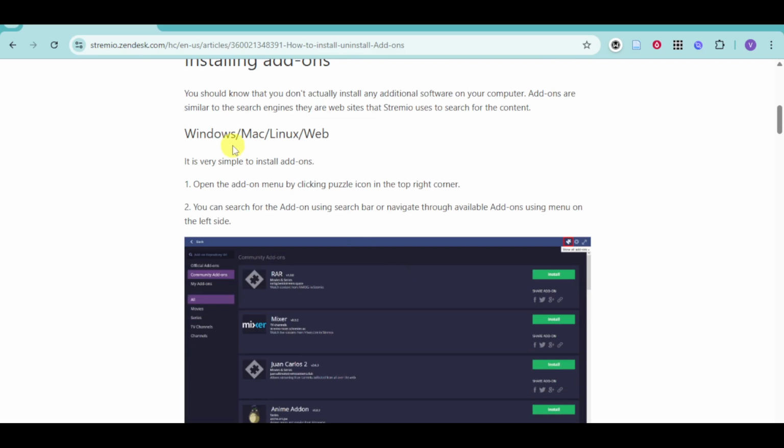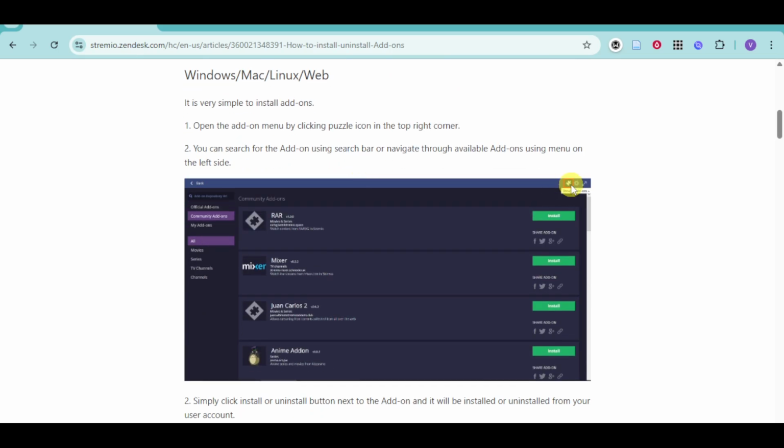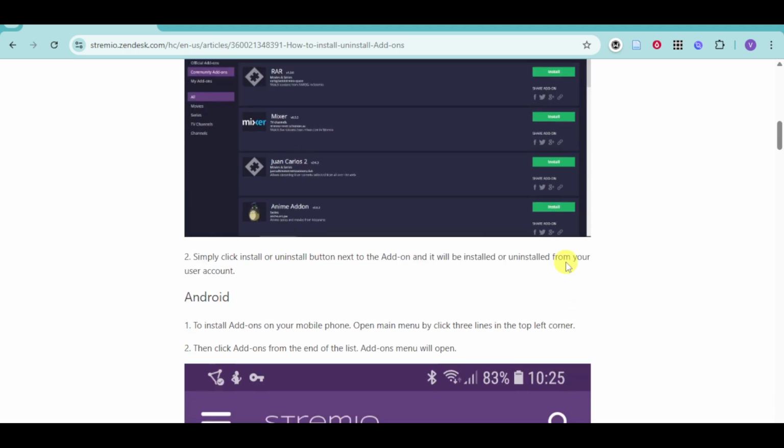If you have a Windows, Mac, Linux, or web, you can open the menu by going over to the puzzle icon right here and then searching for the add-on that you want to add. You can use the add-on menu. They have community add-ons as well as official add-ons released by Stremio themselves. Just simply click on the install option that appears right beside that particular add-on and it will be installed